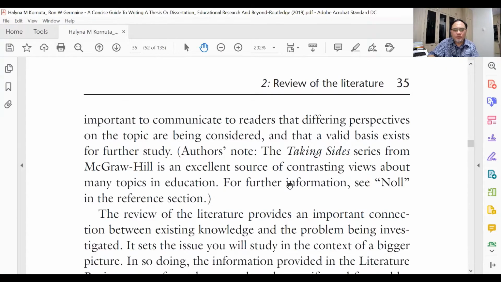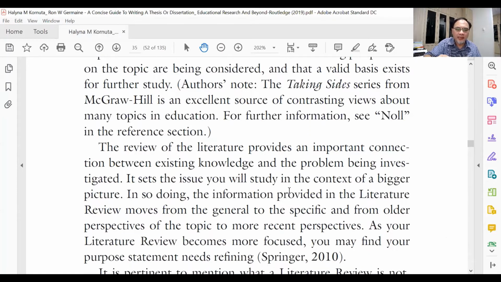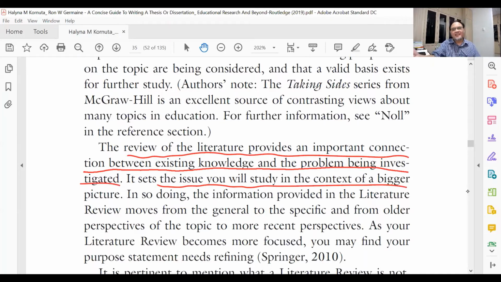Okay, you can read the book, but I'm going to highlight important things. The review of the literature provides an important connection between existing knowledge and the problem being investigated. It sets the issue you will study in the context of the bigger picture. So I like the word compare and contrast. In my previous video, also in some other video, I said compare and contrast. If you cannot compare and contrast, you cannot synthesize and you do not analyze, then the literature review will just be a